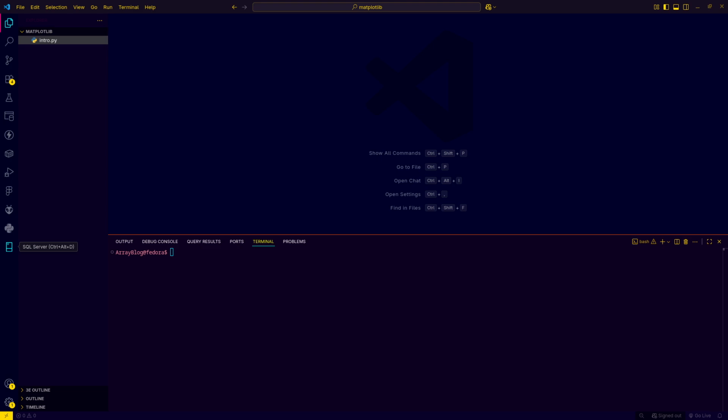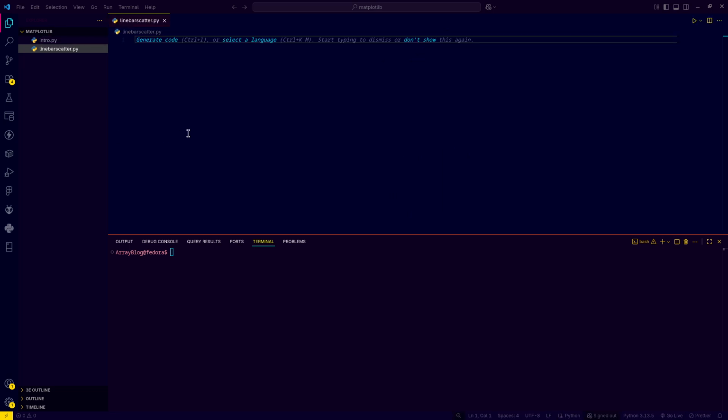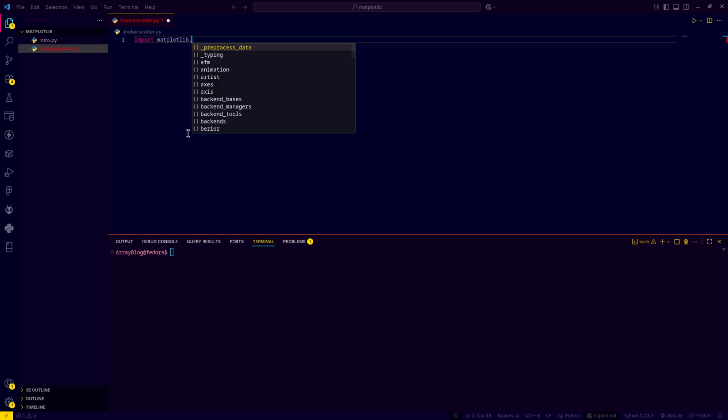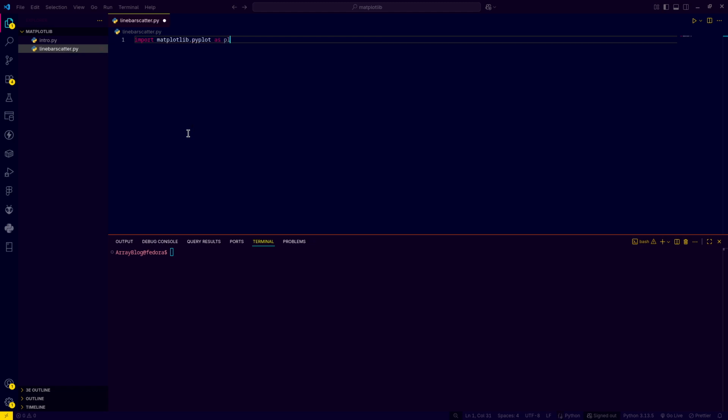So what we'll do, we'll create a file called line bar and scatter dot py, right? So we'll import first, import matplotlib dot pyplot as plt, right? This is how you import, and we'll say x equals 1 2 3 4 5,